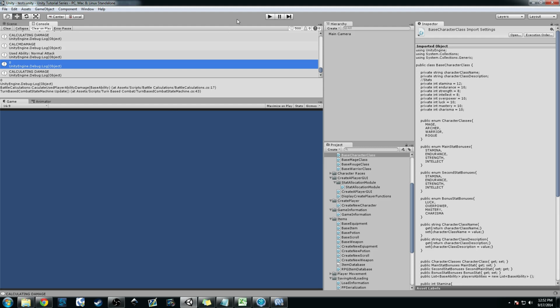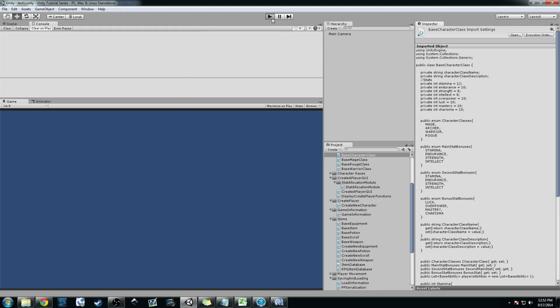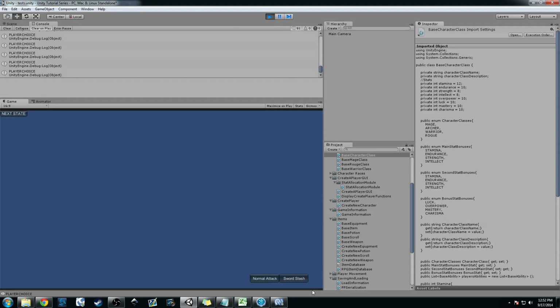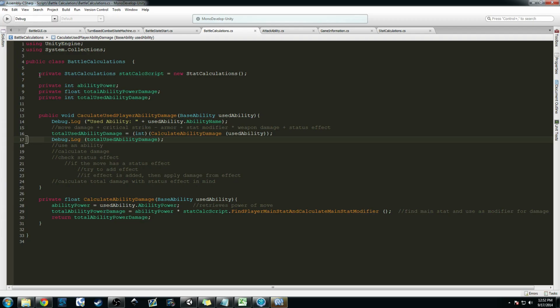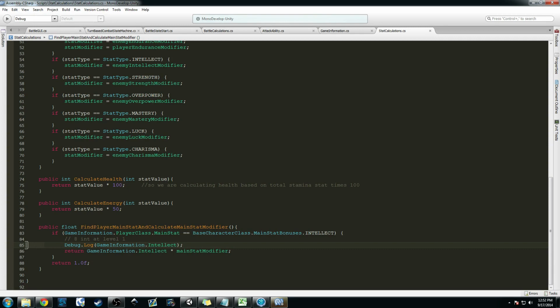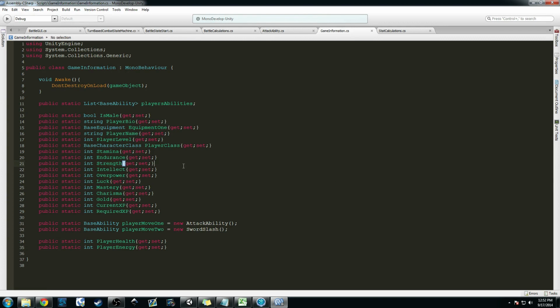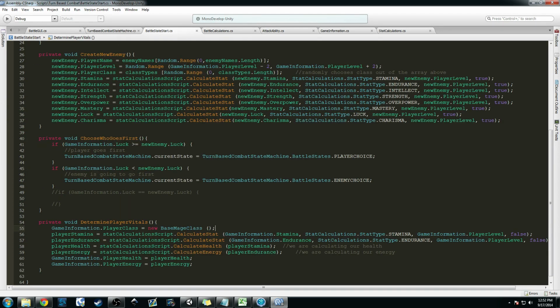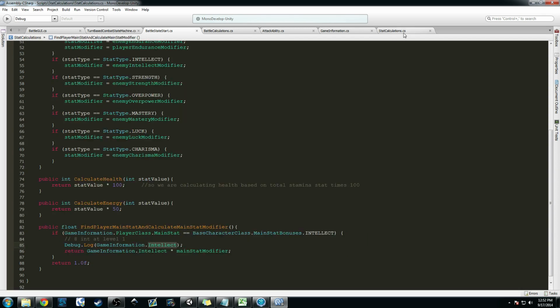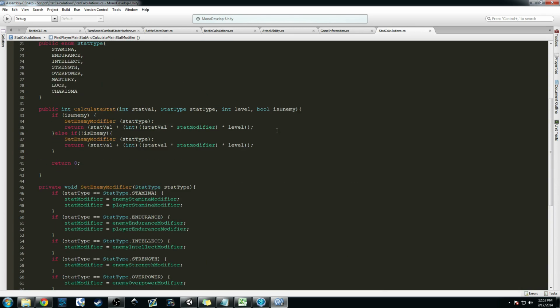Again, this is all because we don't have a save file, so it's going to create a whole bunch of little errors right now. That's what I'm going to work through, and you guys can go ahead and test. That's what I thought was happening. So game information dot intellect is set at 0 right now, and that's probably because our start is where we actually set it originally, I think. Stat calculations, I don't think we're actually